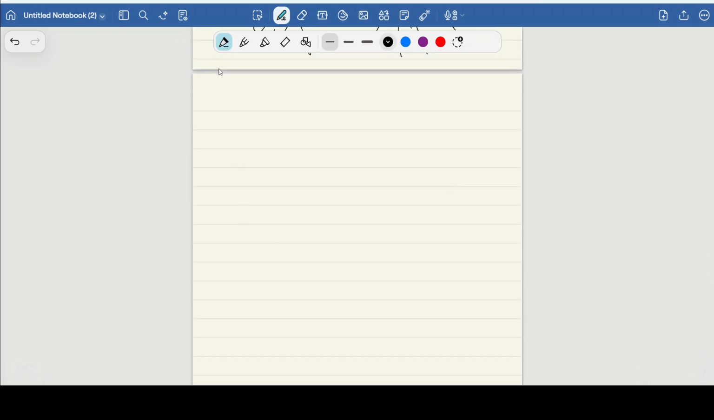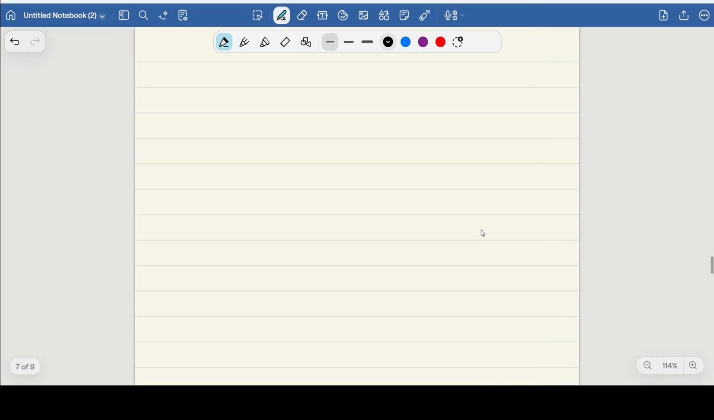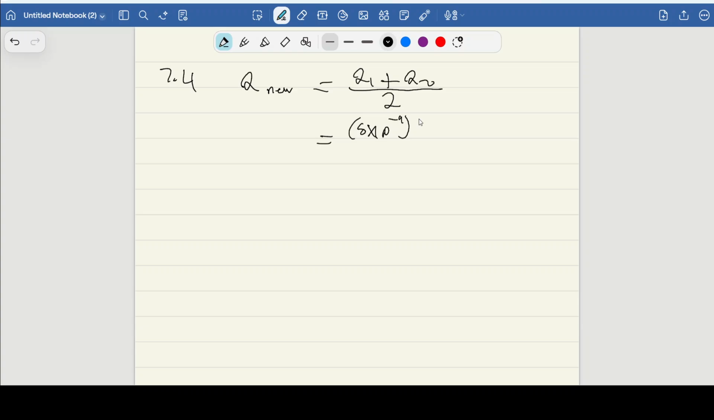For question 7.4, we're going to say Q of the new charge is going to be Q1 plus Q2 divided by 2, which is going to be 5 times 10 exponent minus 9 plus